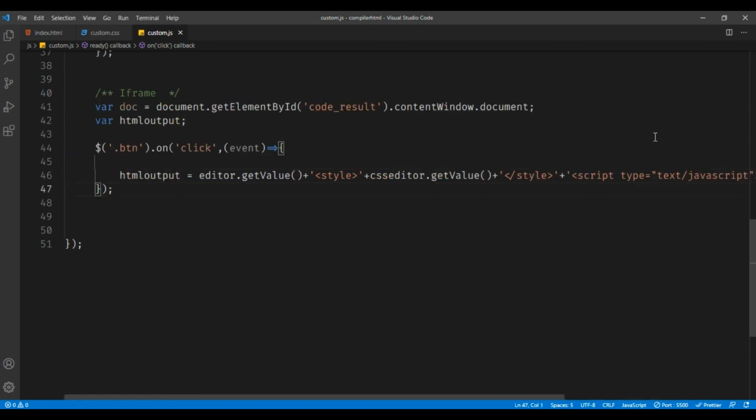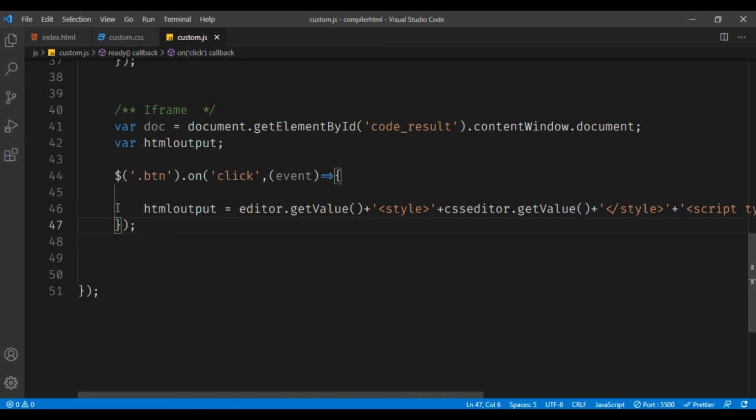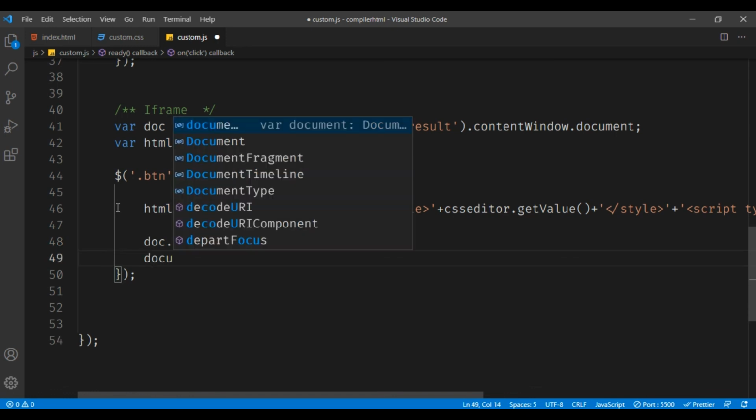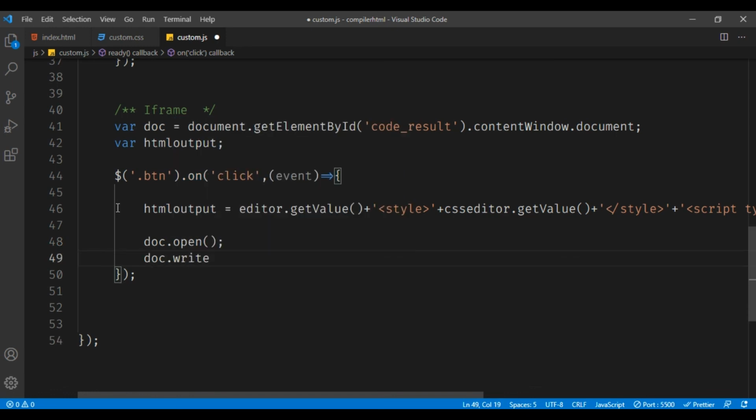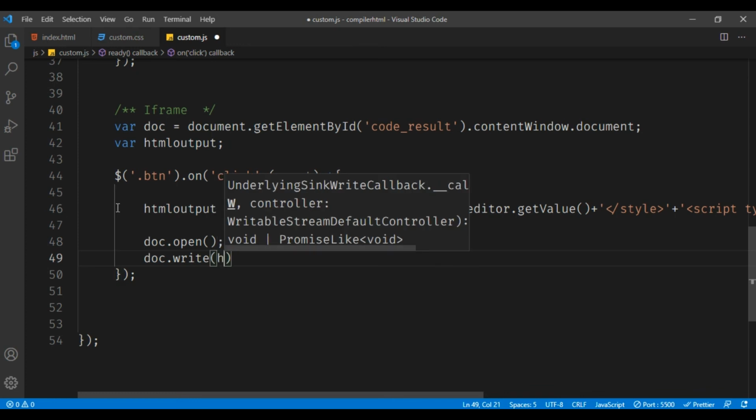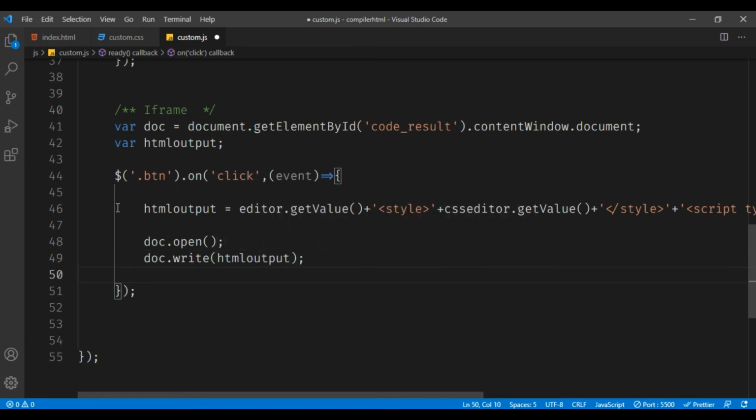Okay guys, now our HTML output has been ready. But we need to place this HTML output to the iframe. So let's do that. Doc dot open. Now we want to write something to the document, and that is the HTML output, and doc dot close.